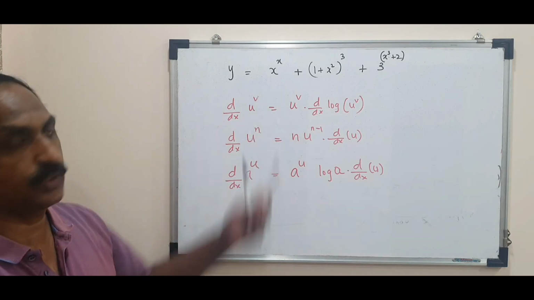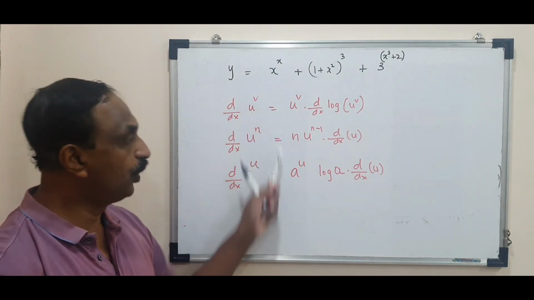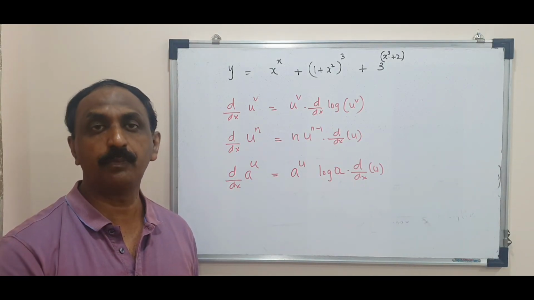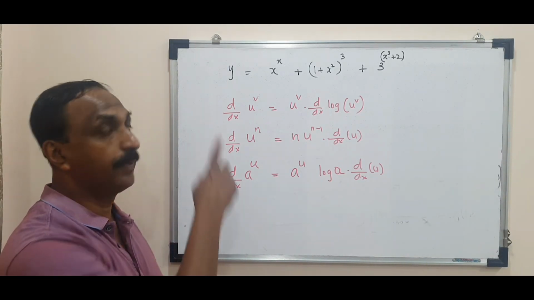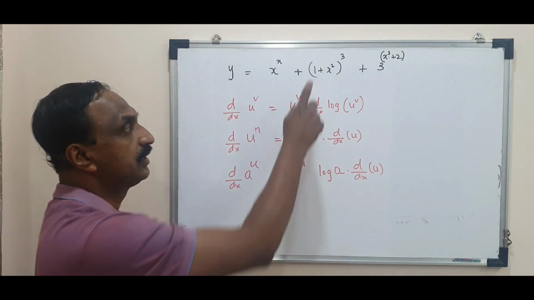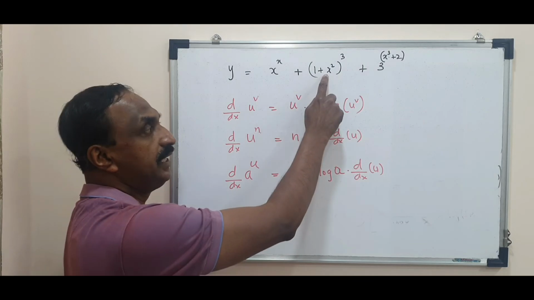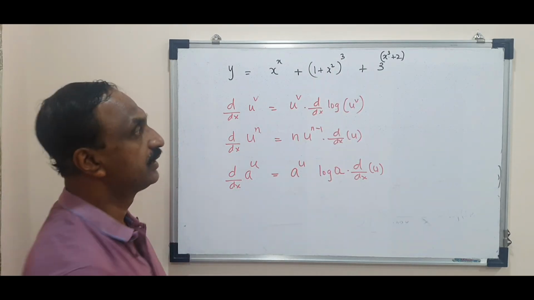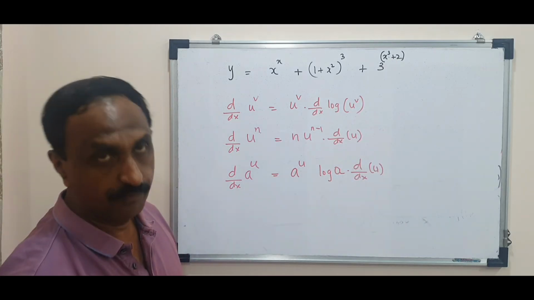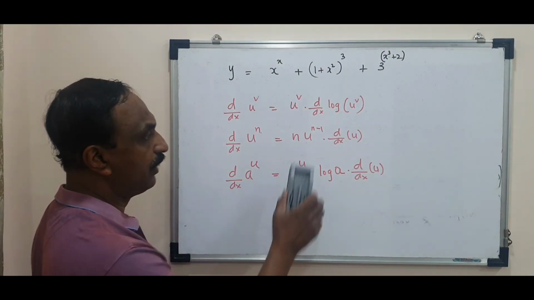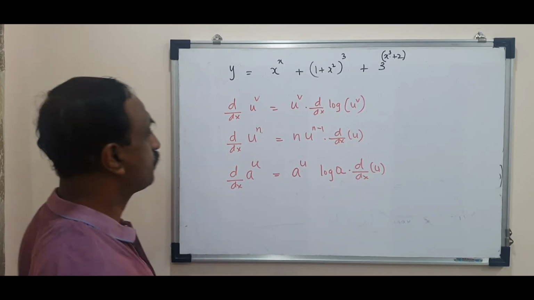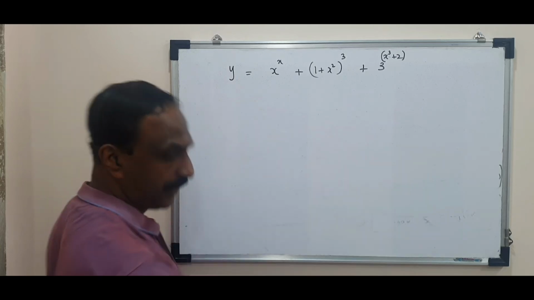So if I ask you such a question, I am testing whether you know all 3. In one question, I can test whether you know how to apply all the kinds of function. So it's a very important problem. What is the type of problem? Base and power are functions of x. Second type, base is a function of x, power is a constant. Third type of term, base is a constant, power is a function of x. So how will I apply this formula? I need to rub it because my board is very small. So let's apply it one by one.